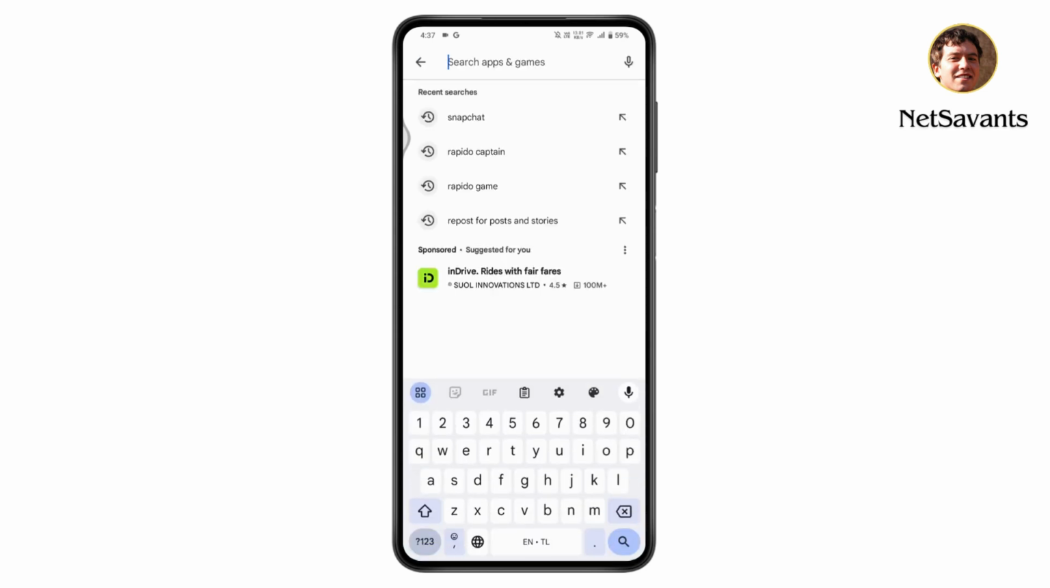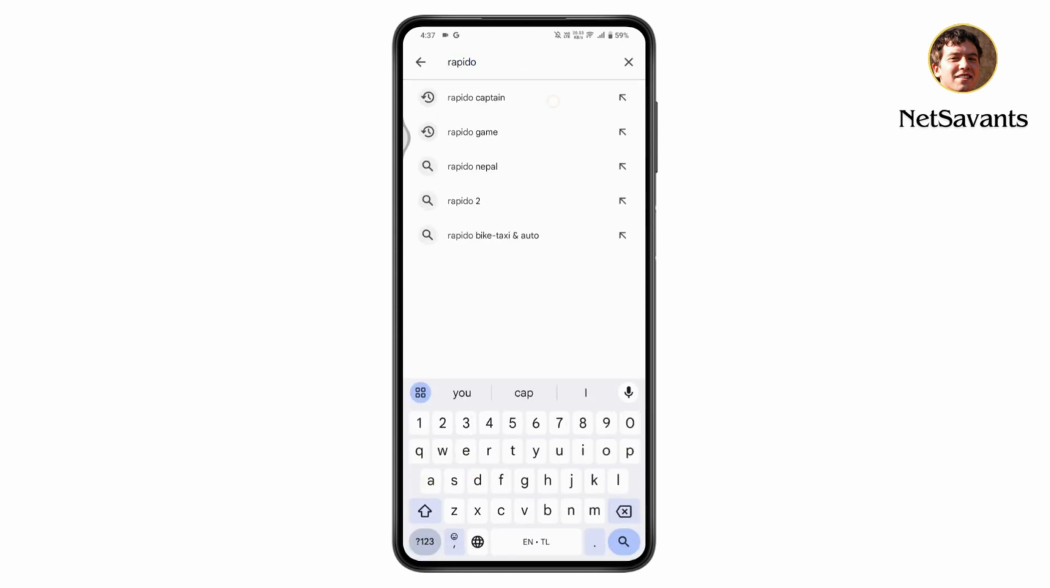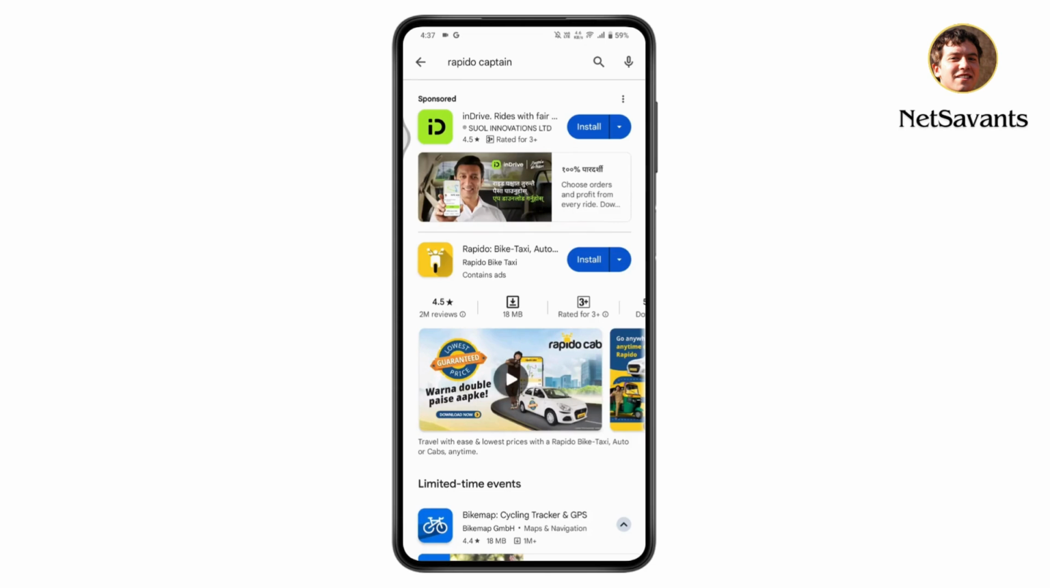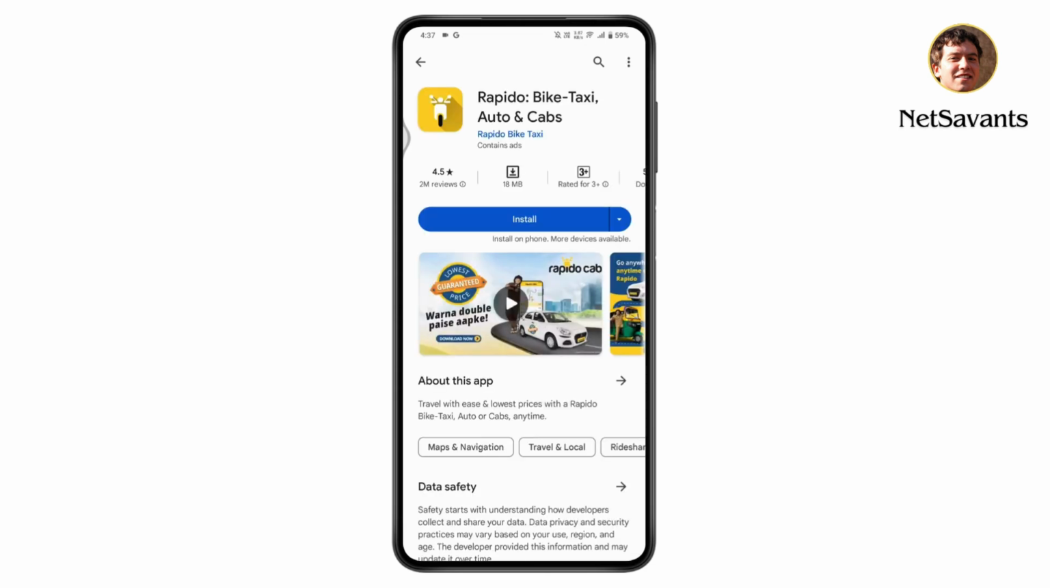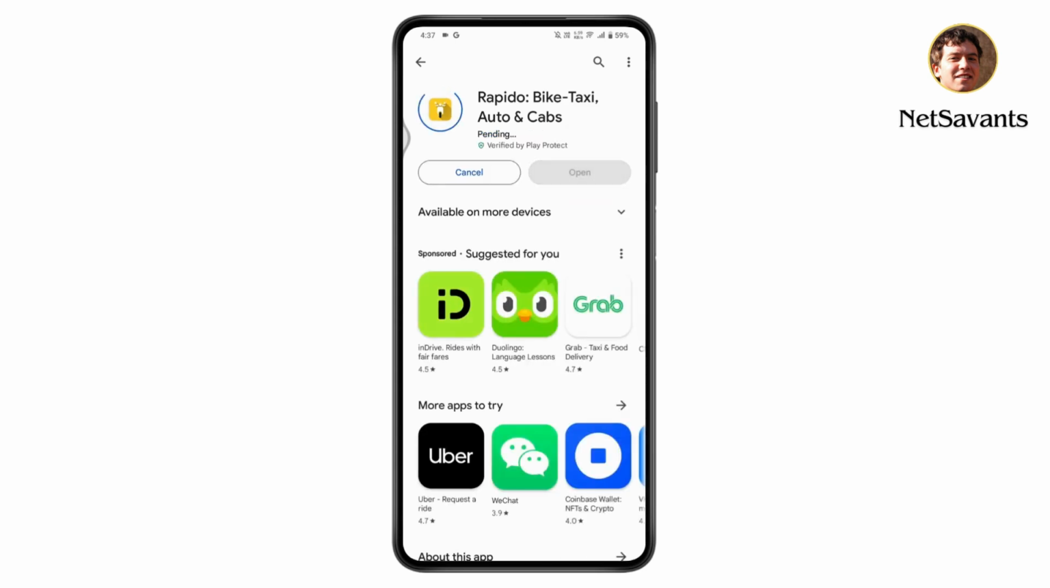Go for the search and search for Rapido Captain. Once you've searched, here you will have the Rapido Captain, and if you have the internet connection, then you just need to tap on install to install the application. Tap on install, and it might take some time to install the application according to your Wi-Fi or your data